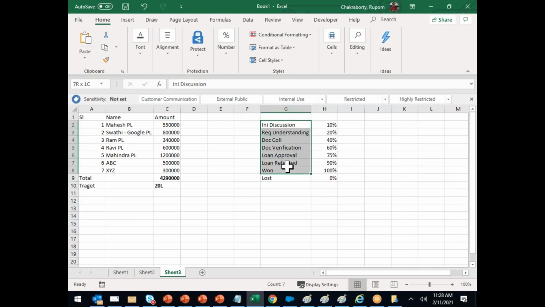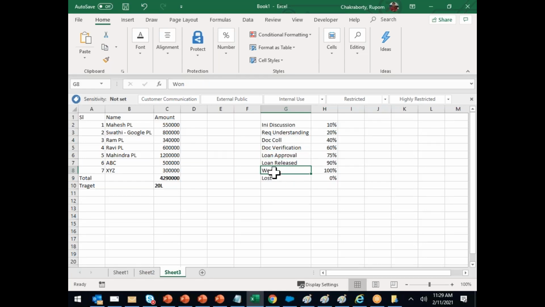Pipeline will change from bank to bank, business to business. If it's a gold loan, if it's a housing loan, do you think the steps will remain the same? No. There would be one more step after document verification called site verification, whether there is a plot or apartment. There would be one more step, right?